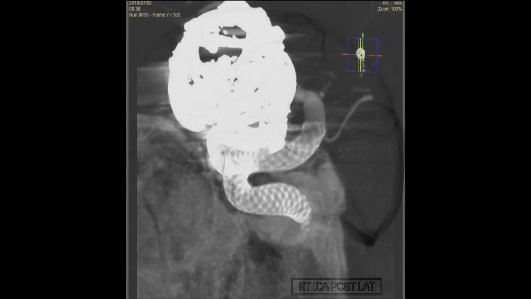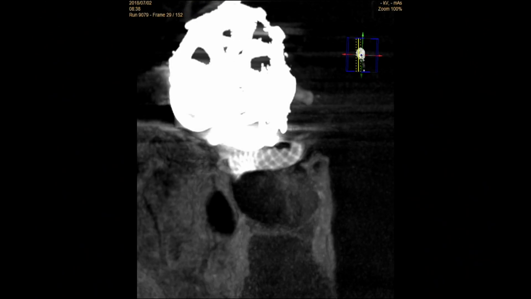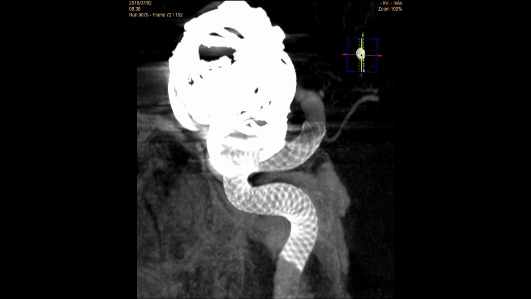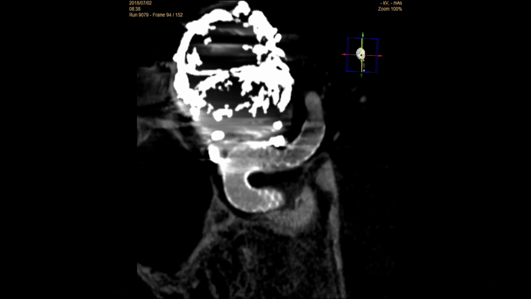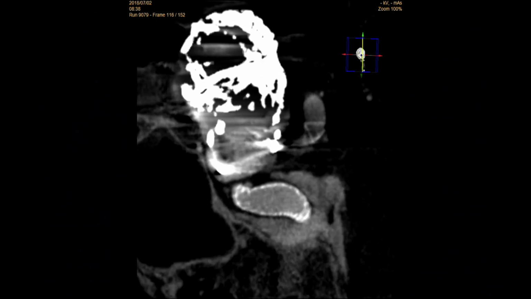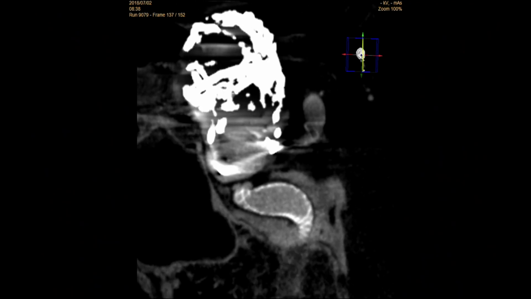Arteries are all well filling. This is the VasoCT. You can study the flow diverter very well in all the curves. Thin section shows how the wires are opposed to the wall. The static image,